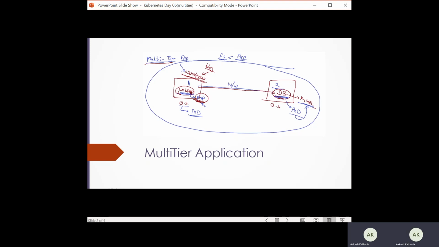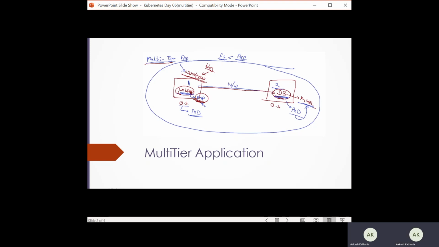So in order to create this multi-tier application, we need two pods. In one pod, we will create the OS for the web application, where we will store the WordPress image in the container, and in the other pod we will use the database image.